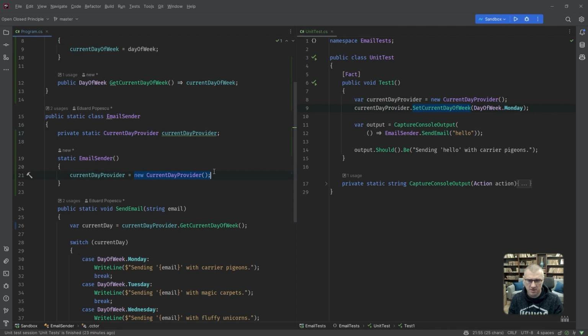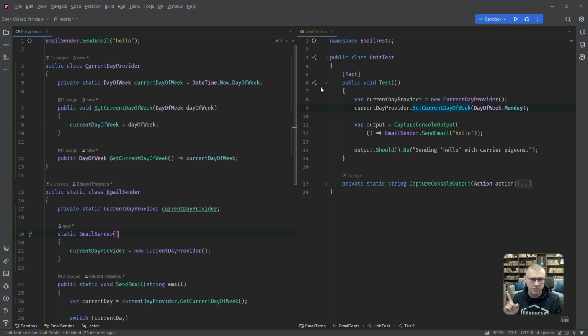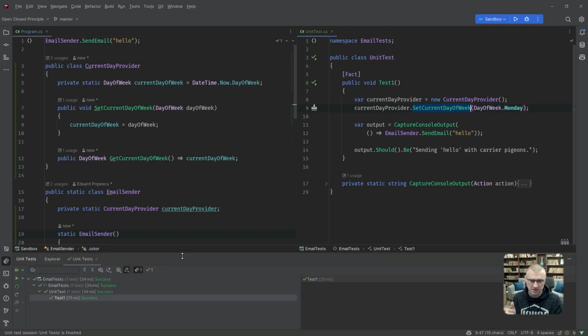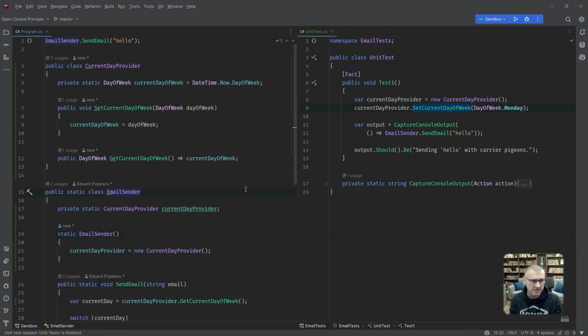However, remember, I can't move assignment to initializer. No, that's where we came from. I wanted to put it as a parameter for this guy. Okay, never mind that for a second. Let's just see. Hey, we made a step in the right direction. Let's just make sure our test pass again.